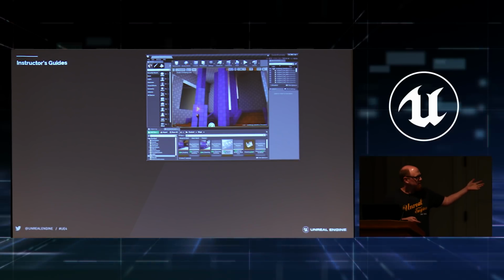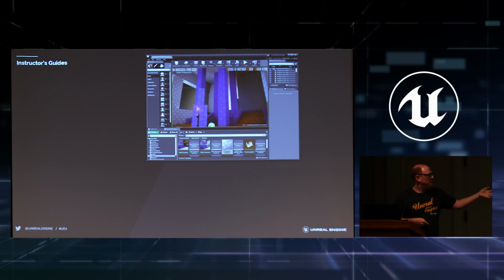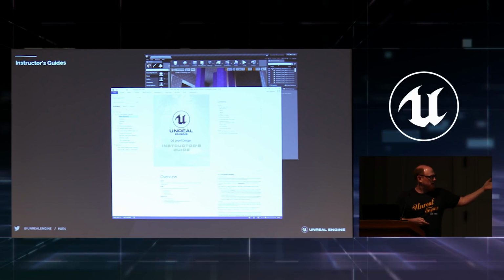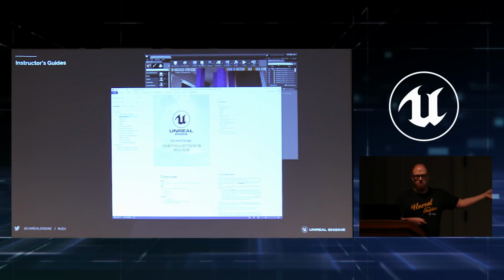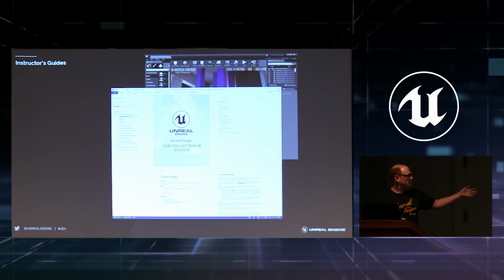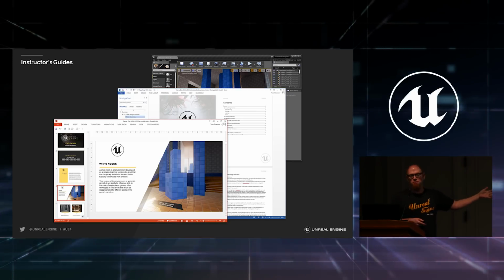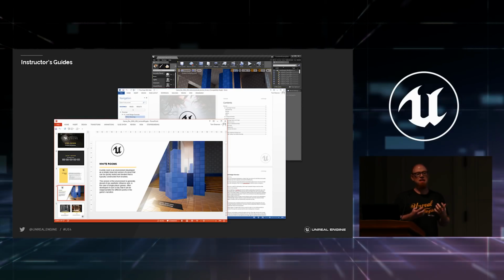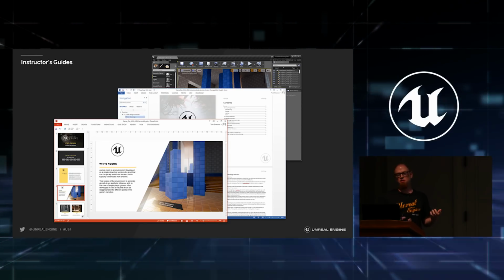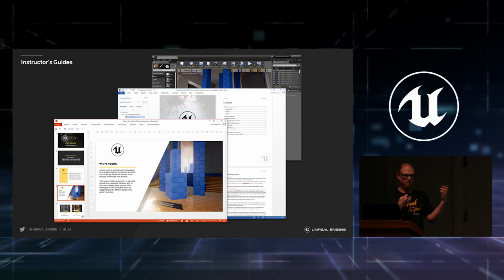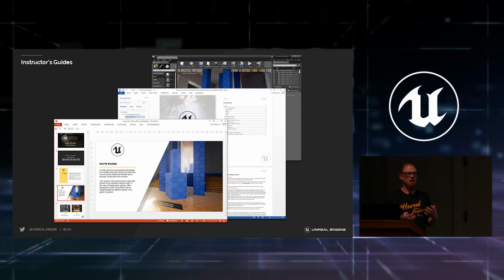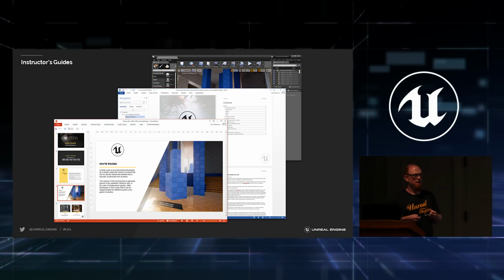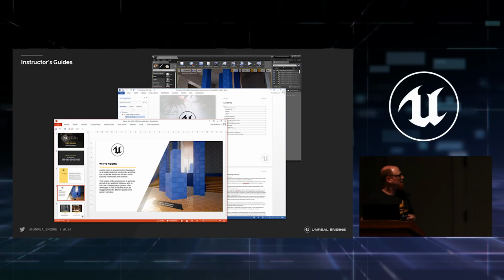And as an example, here's a little peek into one of them. Those source files. Here's the instructor's guide with the terminology and quizzes and the slides. So you get a ton of content. We've really worked hard on these, and these again are also EPIC vetted. These have been through experts at EPIC in each of these topics, and we've made sure that everything is really tight and it's teaching exactly what you need to know.